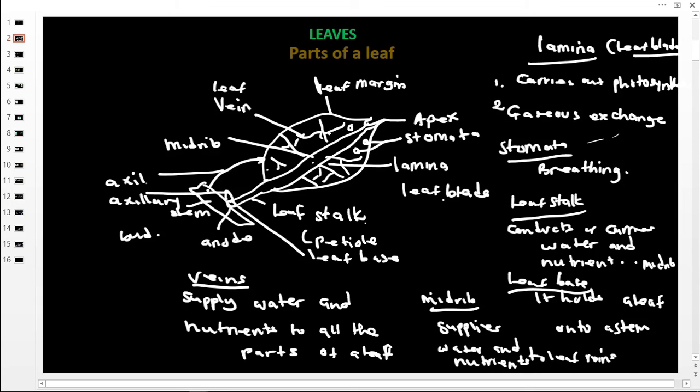And these veins will also conduct food, or carry food, from the parts of a leaf where it has been made to the midrib. Then the midrib conducts it to the stem. Then the stem will take it to all parts or to any part where it's going to be stored or where it is